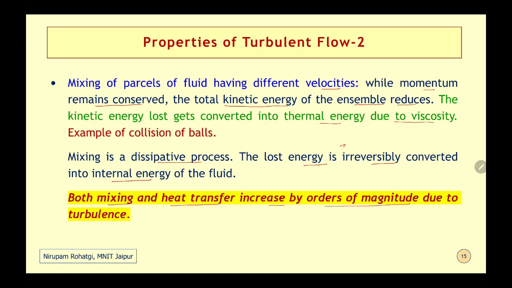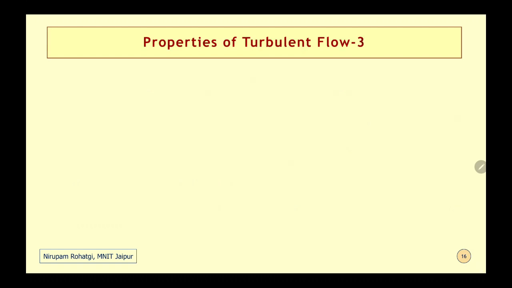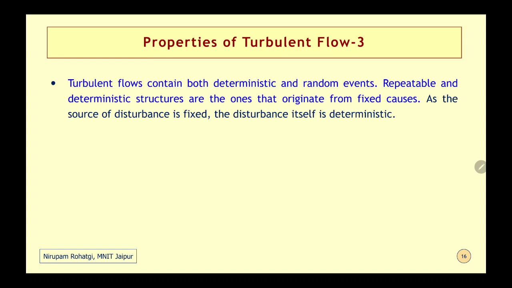What is observed in case of turbulent flow, as compared to the laminar flow, is that the order of mixing and the order of heat transfer are manifold. Then we continue with this. These turbulent flows contain both